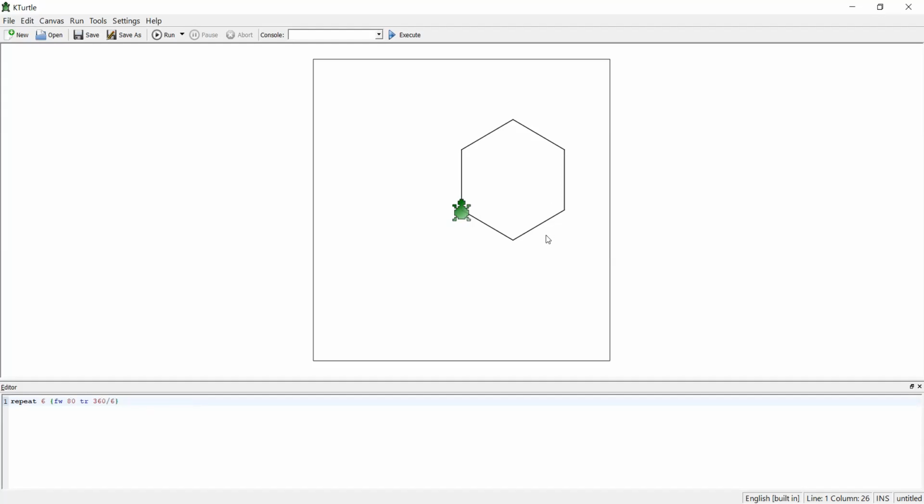Now, if I want to make a flower, what I can do is keep drawing more hexagons like this. But if I keep drawing over the same place, as you can see, it is just drawing over the same line, right? No matter how many times I click on run, it will just keep drawing over this same line. So it is not giving me any benefit whatsoever, right? So what I can do is